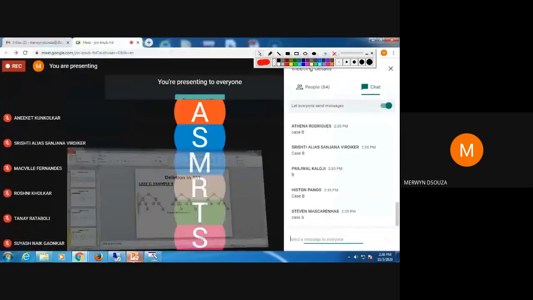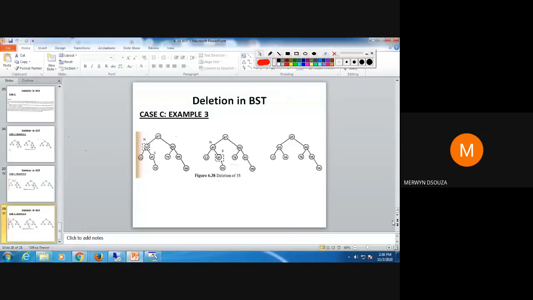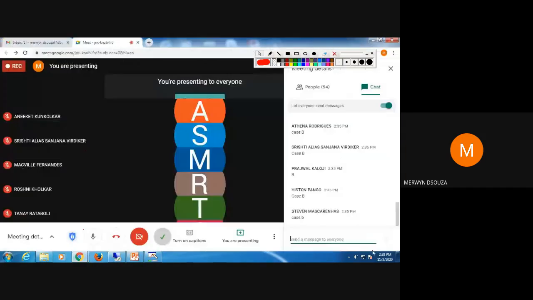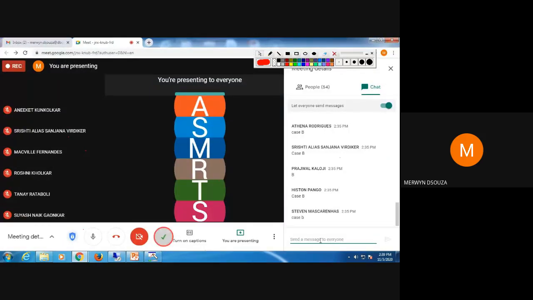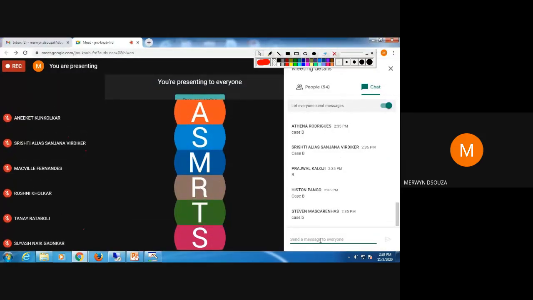So we are going to do one entire example on this binary search tree. I typed the question in the chat. You can do it in your notebooks.